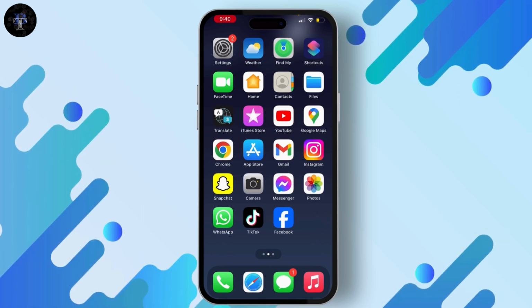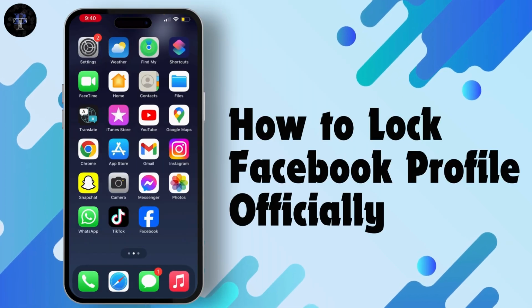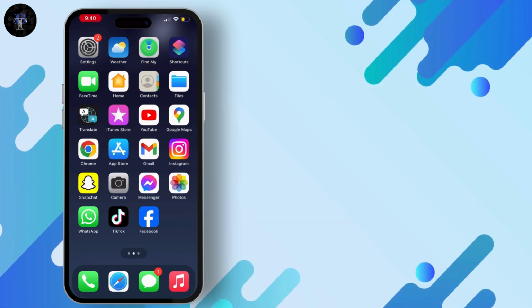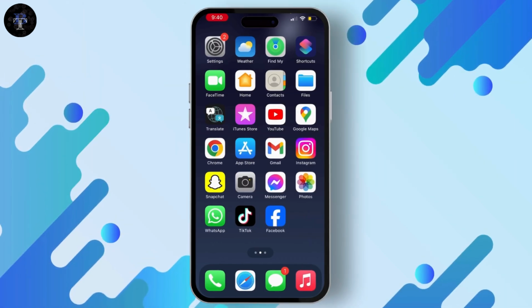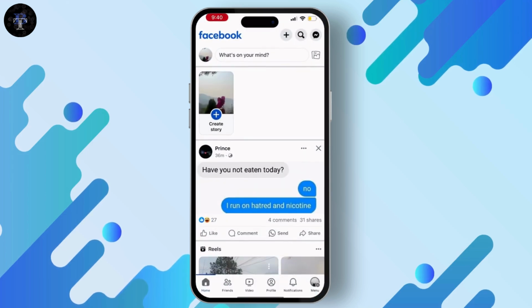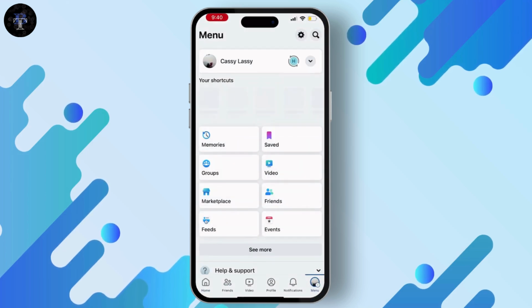In this video, I will guide you through how to lock your profile officially. To do this, first of all, open your Facebook application and hit on the menu button which is on the bottom right corner of the screen. From there, go to your profile